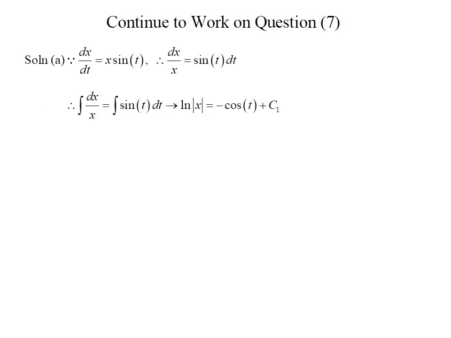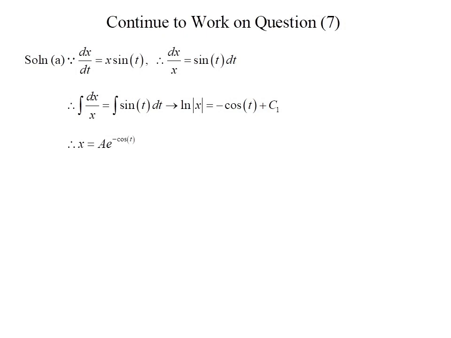Here we continue to work on question 7. In part A, since dx over dt equals x sine t, the variables x and t can be separated in this case. So dx over x equals sine t dt. We integrate both sides of the equation and obtain logarithm base e of modulus x equals negative cosine t plus a constant c1, which gives x equals a multiplied by e to the negative cosine t, where a is a constant